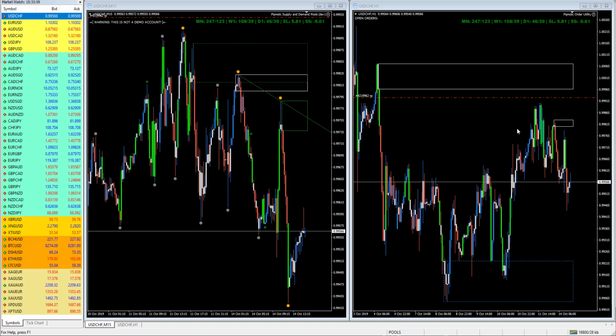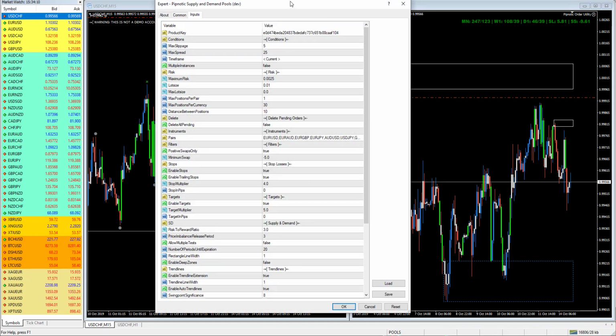Today we are going to cover the Pools Algo Trader and walk through the configuration so that you understand what all the settings do and how you can use them to manipulate the robot. Okay, so if we have a click on this,